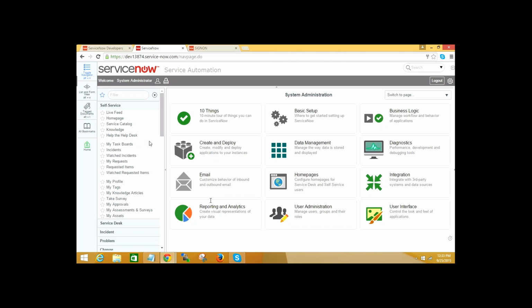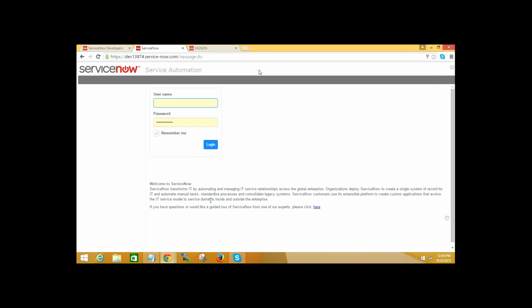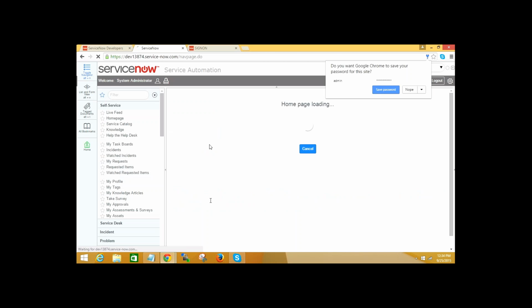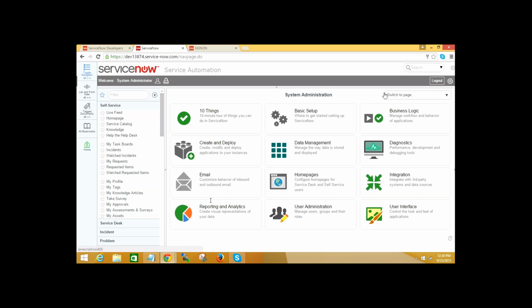So that is all about how to create a development instance. I just want to make sure, can everyone please log out and log in again, to check whether you are able to log in with the password which you have newly created. Once confirmed, I'll go to another topic. Maybe you can bookmark this URL, that is easy for you all the time.